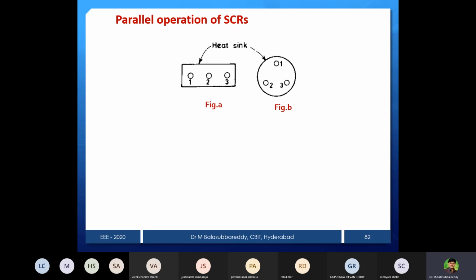Okay, we'll see that, just a continuation of the previous class. We stopped here in the parallel operation. As you are aware, in a parallel operation we need to meet the current demand. We are connecting a number of SCRs in parallel. That part is some of the portion is completed, but now the problem is the temperature rises in the